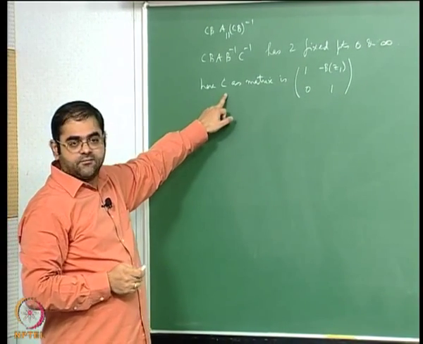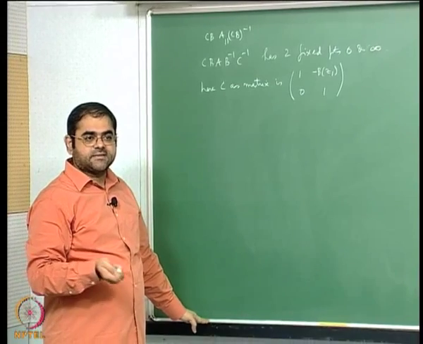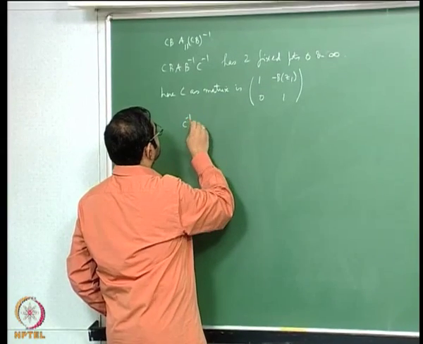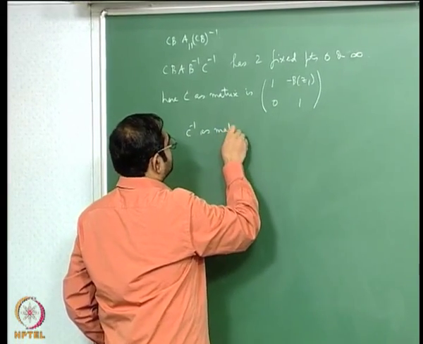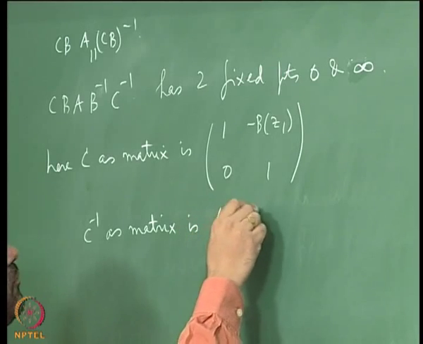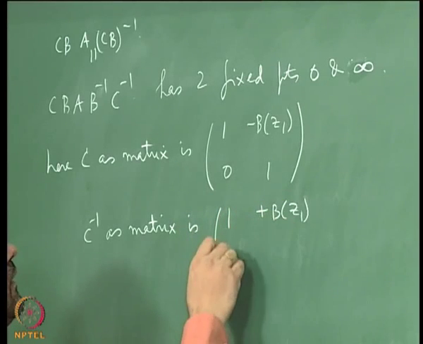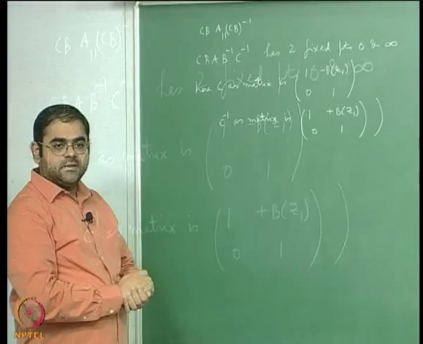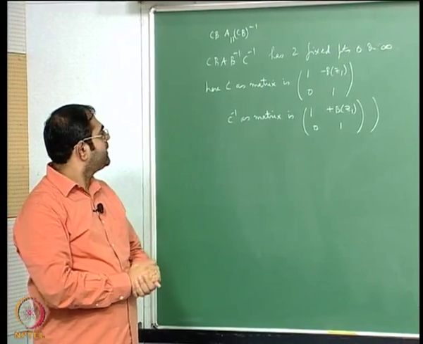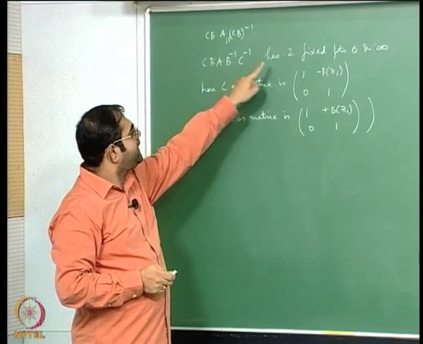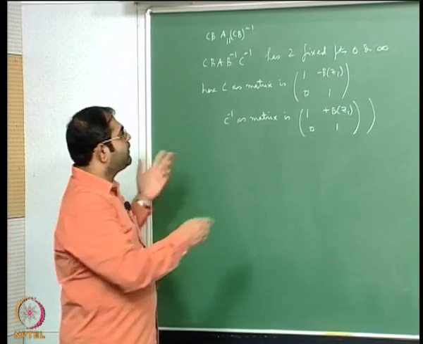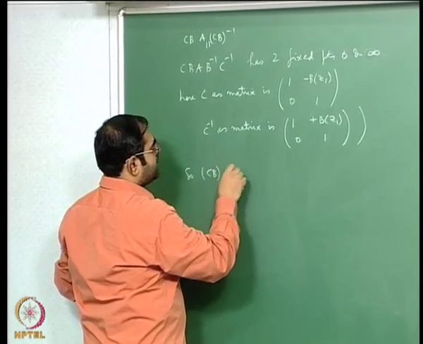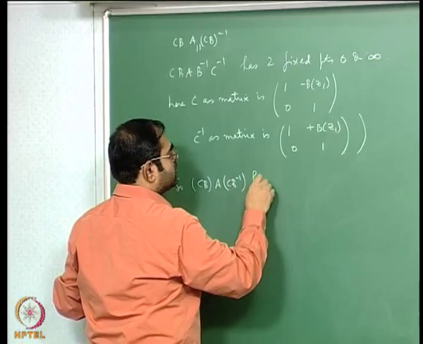And what is C inverse? The inverse of a translation is just translation by the negative of the vector that you originally translated with. So C inverse as a matrix is just going to be 1, plus B of Z1, 0, 1. The inverse of a translation is just another translation. So if I take this, then I will get two fixed points, 0 and infinity. So you see C B A (C B) inverse has the form